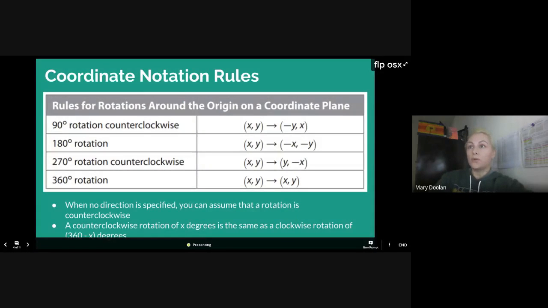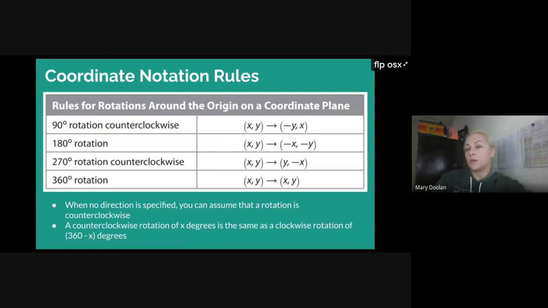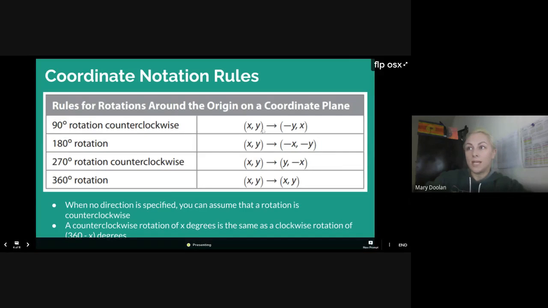These are our coordinate notation rules. So the most common rotations are 90 degrees counterclockwise, 180 degrees, 270 degrees counterclockwise, 360 degrees. And so if you take an ordered pair, this shows you exactly how you would change the coordinates to accomplish